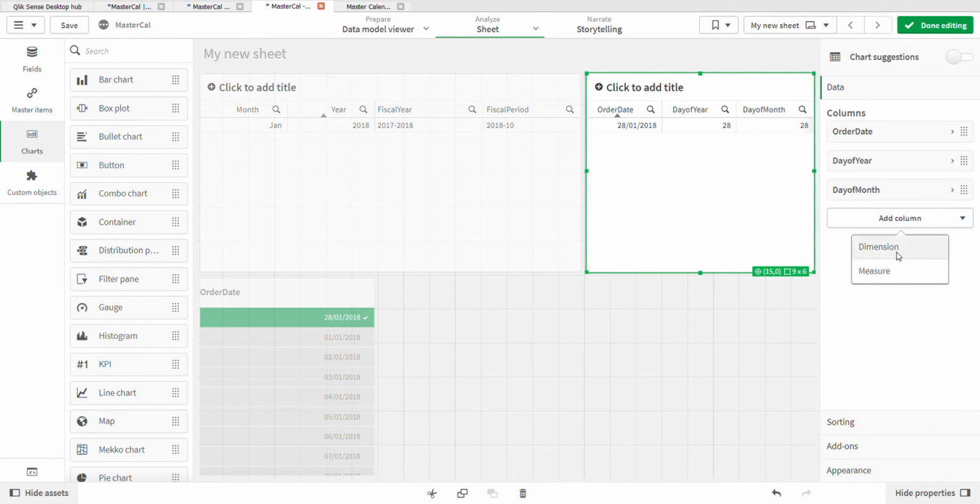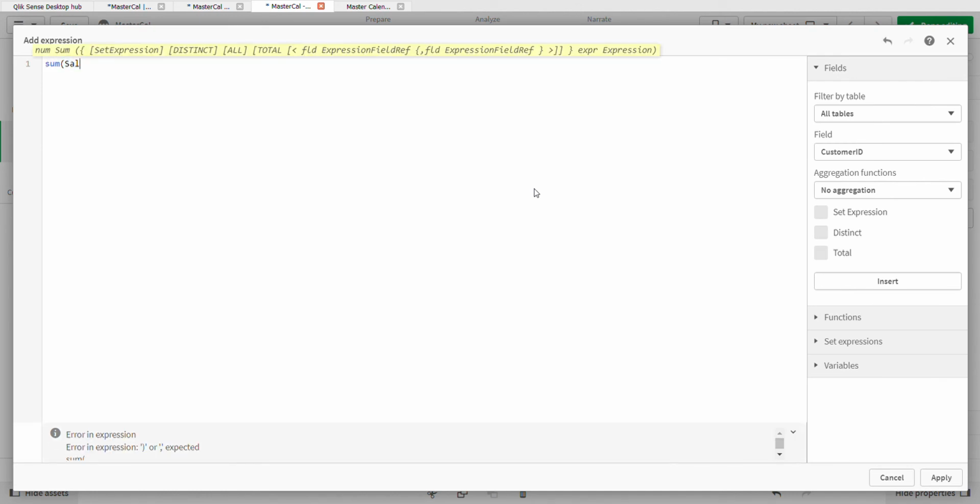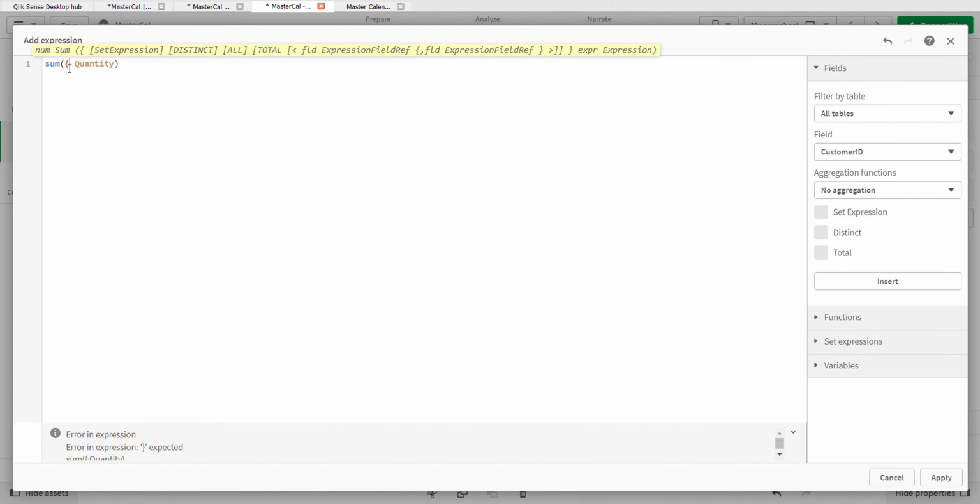So let's just create a year, and sum of quantity, and this is what I was saying. The day number of year